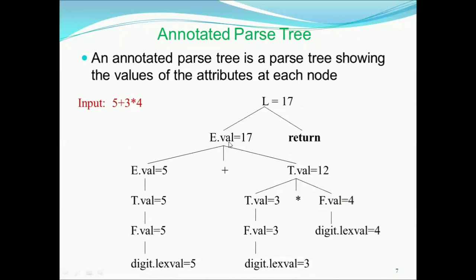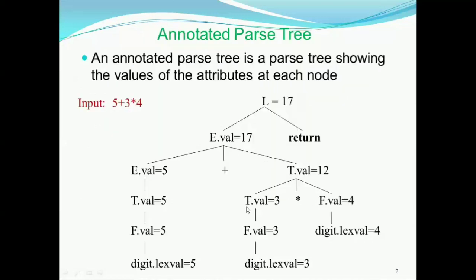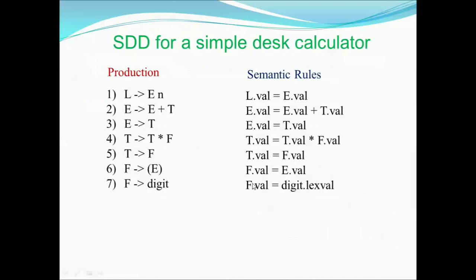How we are going to write the semantic rule is, you can see that this digit has a value associated with it. That is, the attribute value associated with this is a lexical value. The lexical analyzer is going to return the lexical value. So my digit is going to get its value from the lexical analyzer. Whatever value the lexical analyzer gives will be passed to the F value. That is why it says that F dot value will be obtained from digit dot lexval. It means that the attribute value associated with the digit, lexval, will be passed to the attribute value associated with this F, that is, F dot value.